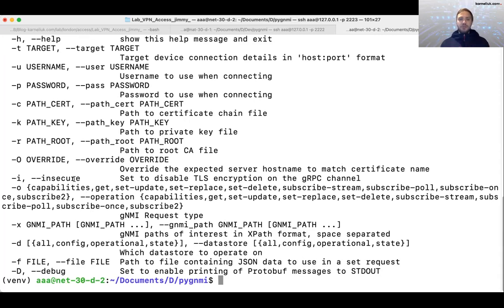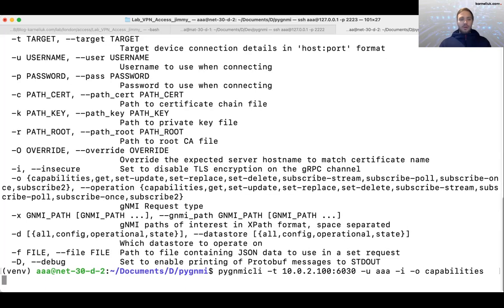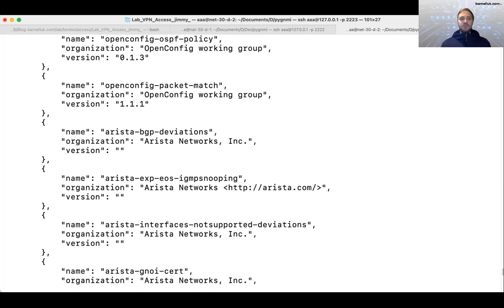So let's see how it is working. First of all, we right now would try to connect to a device which does not have a secure channel. So we'll be using the insecure flag. How are we using it? Typing pygnmi CLI, then we're providing the target IP address of our host and the port, so 6030, which means we're connecting to the Arista router. Then our username. We would also specify that we would like to use an insecure channel, so -i, and our operation will be simple capabilities. You are asked about the password, providing the password,